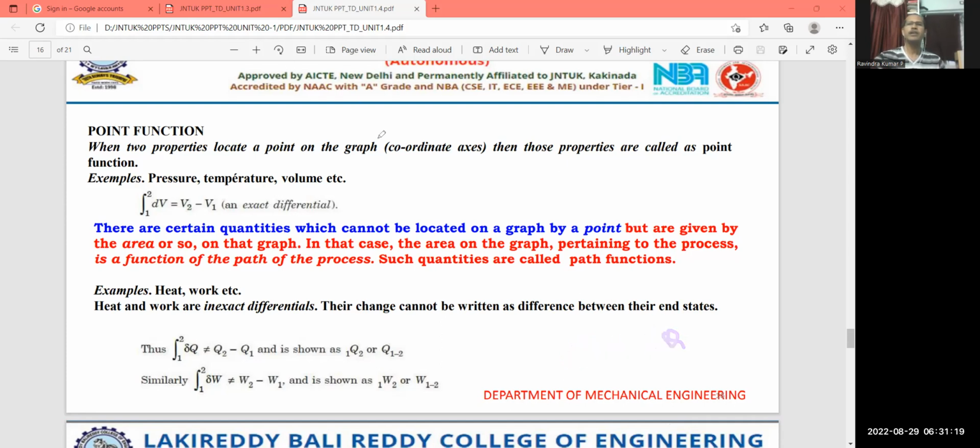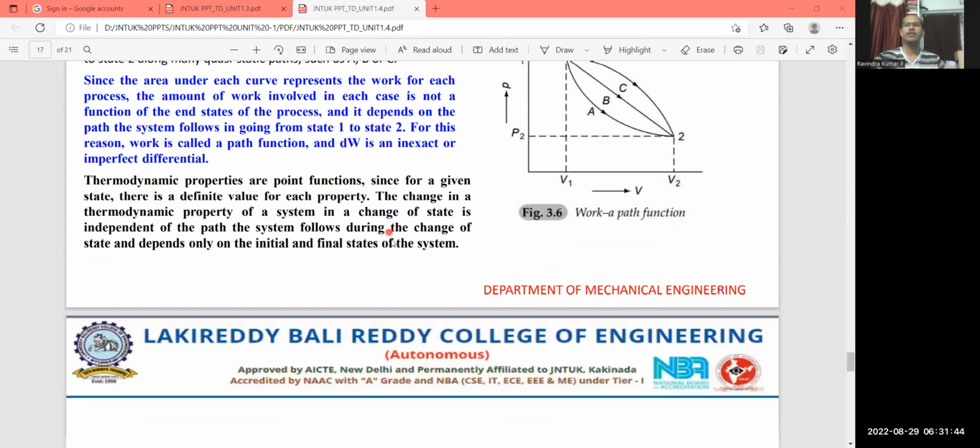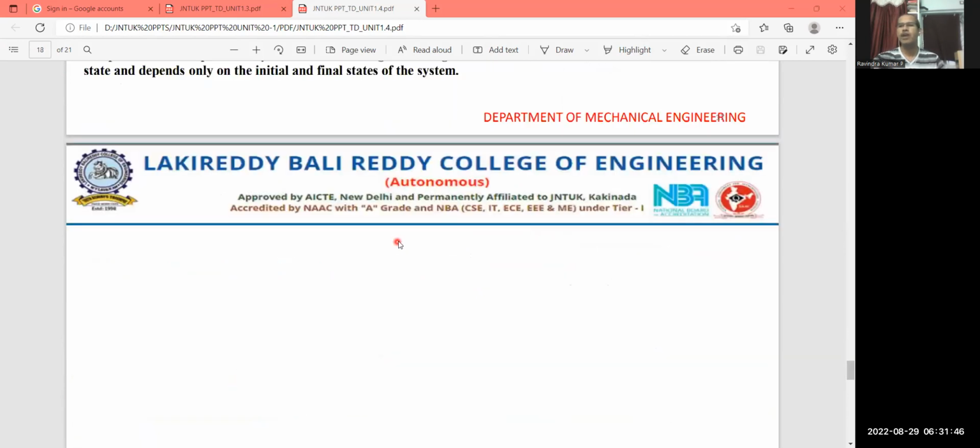Whereas in this case, you can directly write the change in internal energy, or the change in volume, or the change in enthalpy, or the change in entropy, right? So these are nothing but point functions. So this is all about point and path functions. You can also go through the question which is going to appear: distinguish between path and point functions with example. So this is all about today's